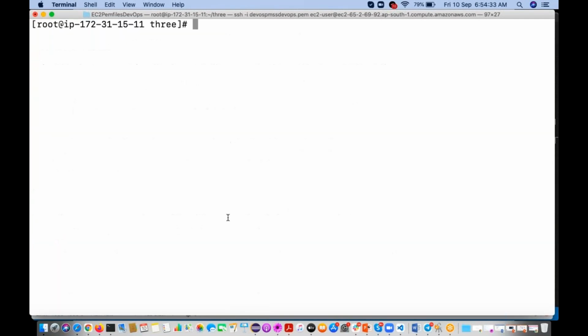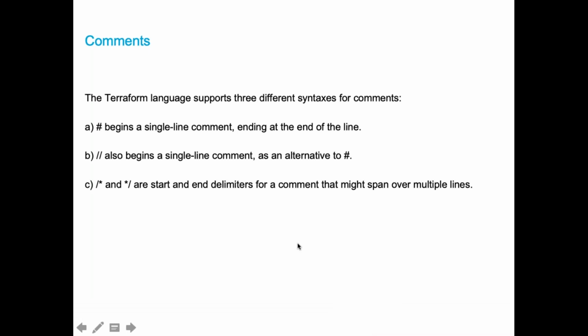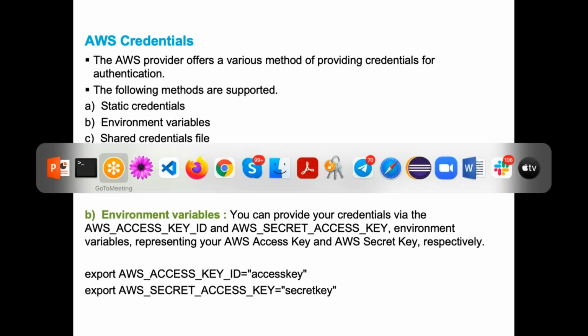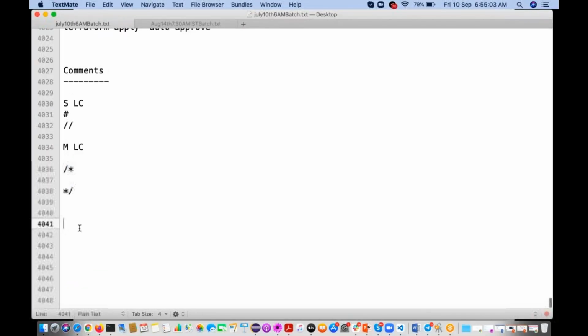We are going to create some environment variables, with these names: AWS_ACCESS_KEY_ID, AWS_SECRET_ACCESS_KEY. Okay, and we are going to add those variables. So we are going to create those two variables.